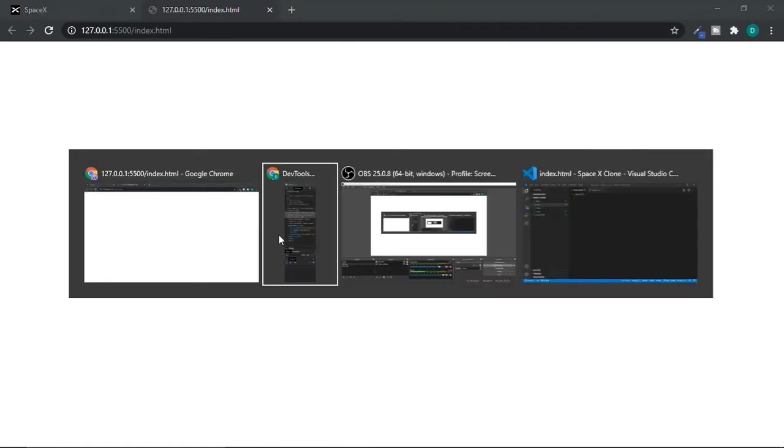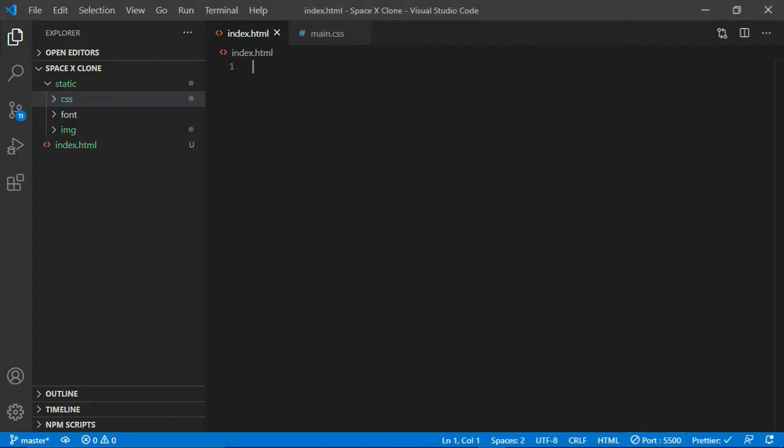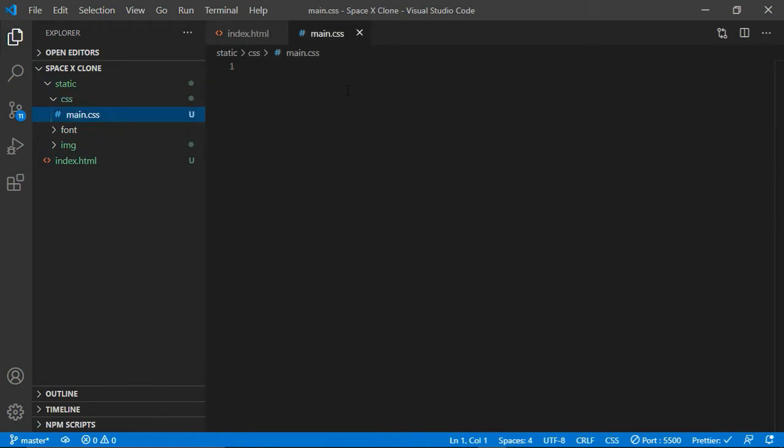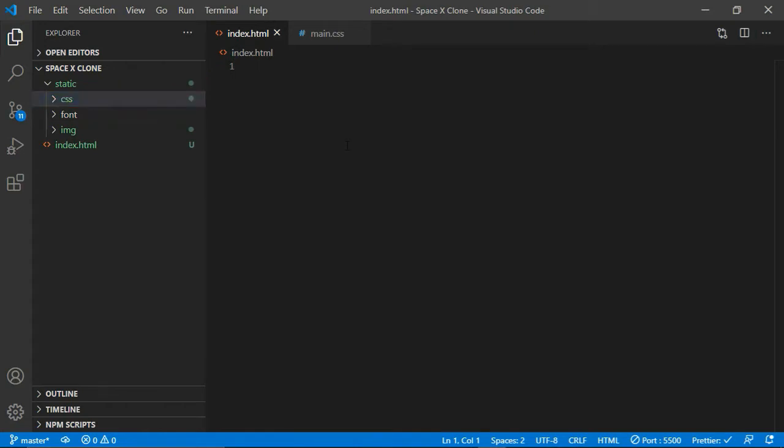Here I have my index.html running in the live server extension. So this is how we do it, right here, live server. And here I have some basic setup, like in static folder I've kept a CSS folder, font folder, and img folder. In the CSS I have a file that's main.css,